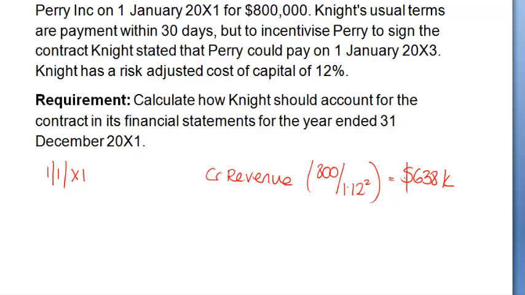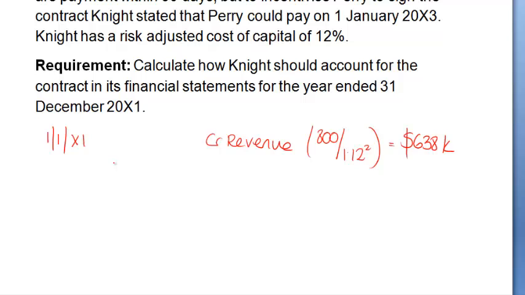So go credit revenue 638, debit receivables 638. At the 31st of December X5,